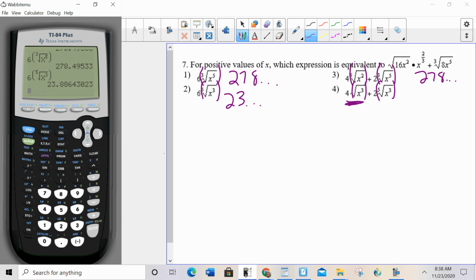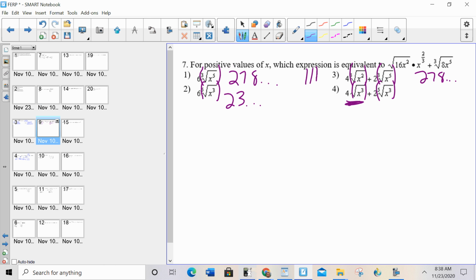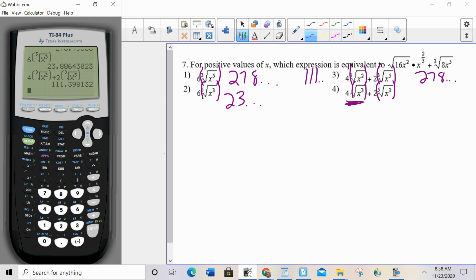That does not match up. Choice 3: for cubed root, I put the parentheses, math option 4, x squared, close the parentheses, plus 2, new parentheses for the second one, math 4, x to the power of 5, 111, and choice 4,